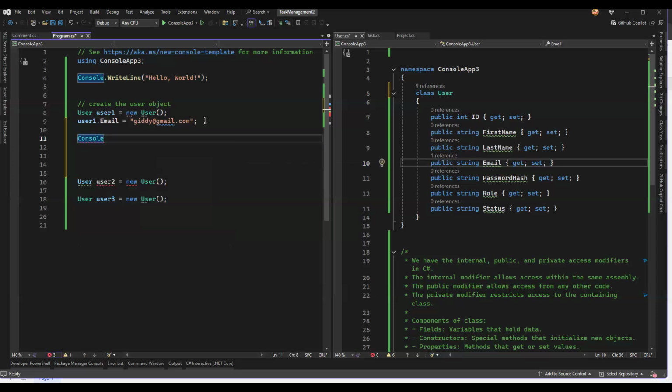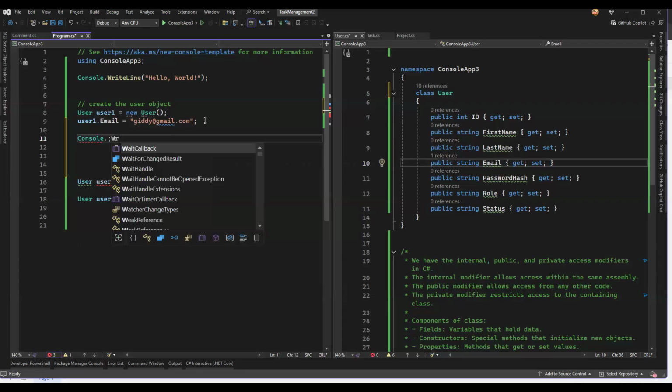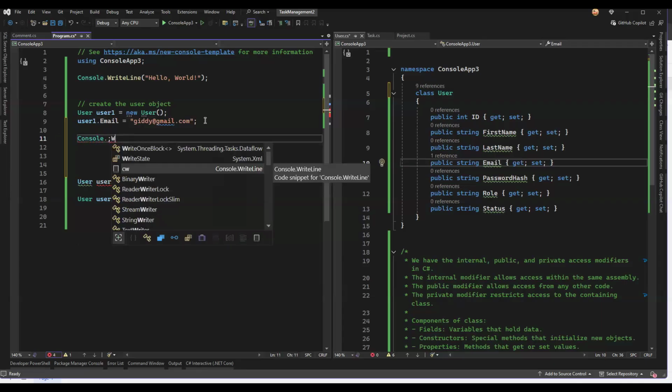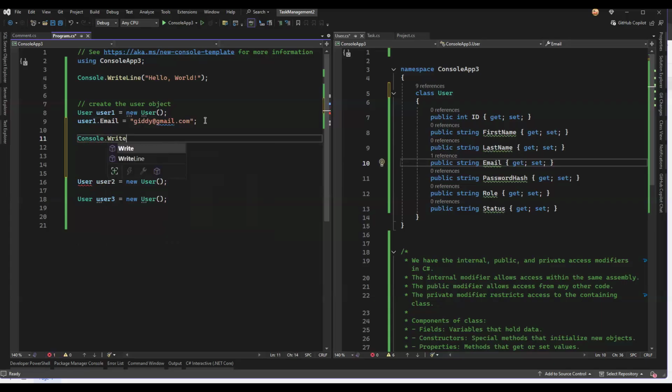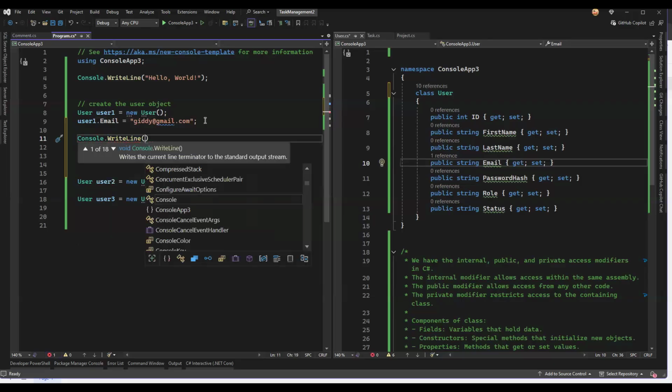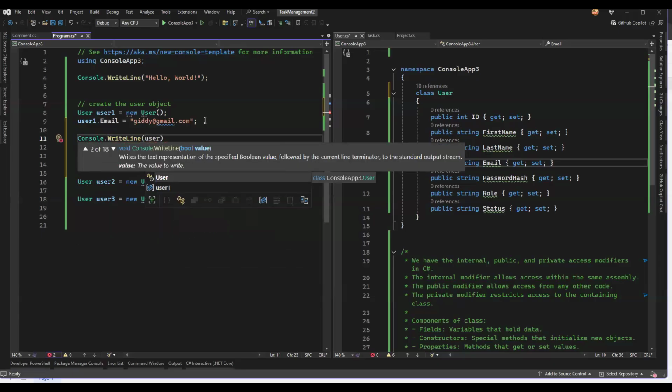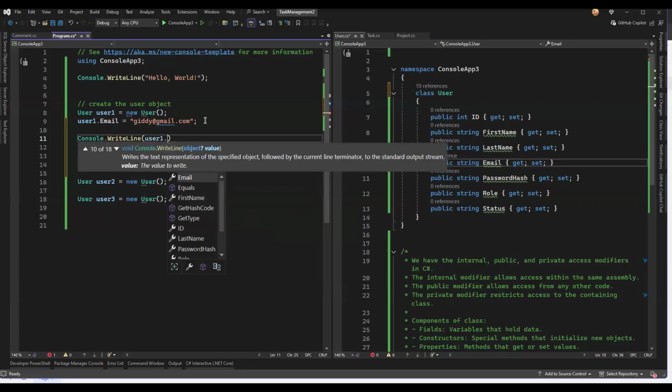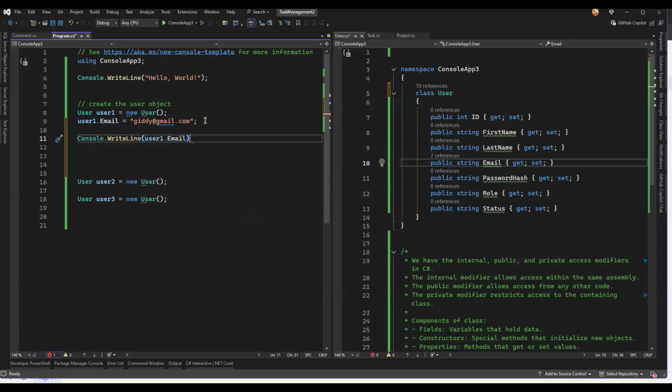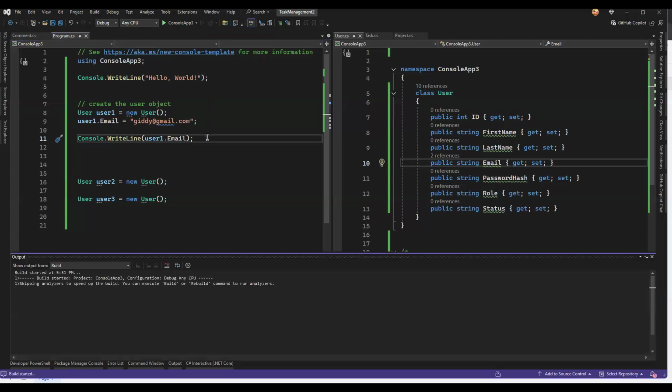I've been writing TypeScript, since it's console write line. I want to write user1.email. I want to access this. I want to get the value of this. So the value of this will be what? If I run this, I should see